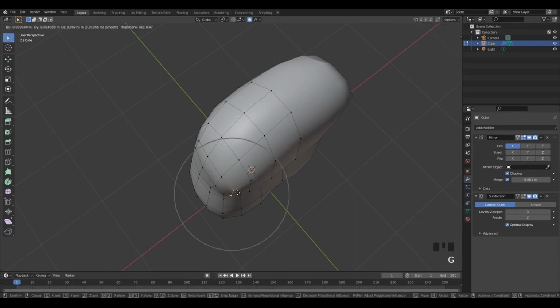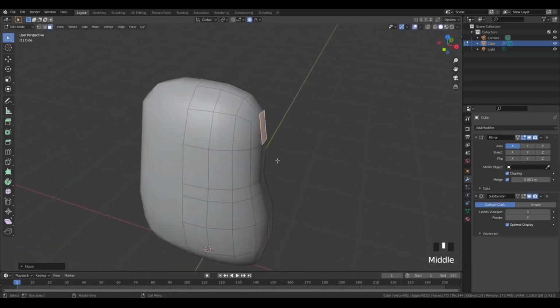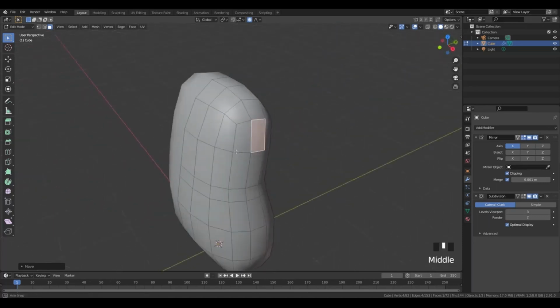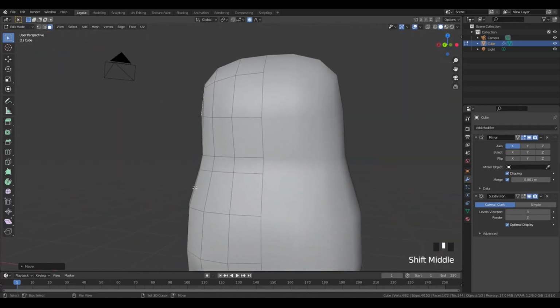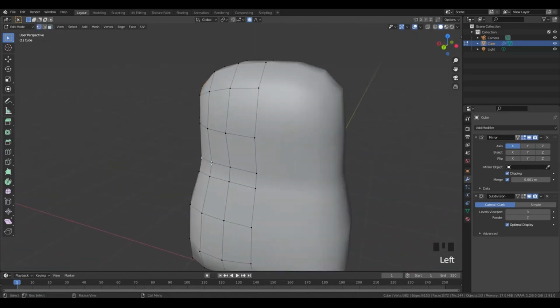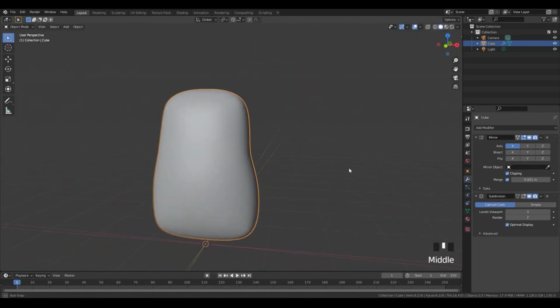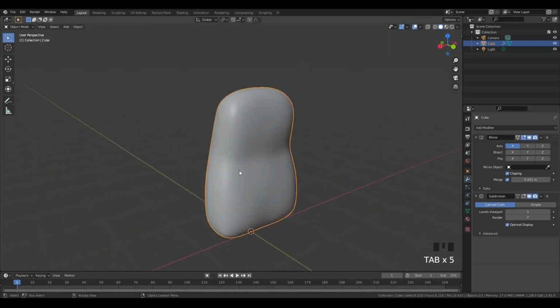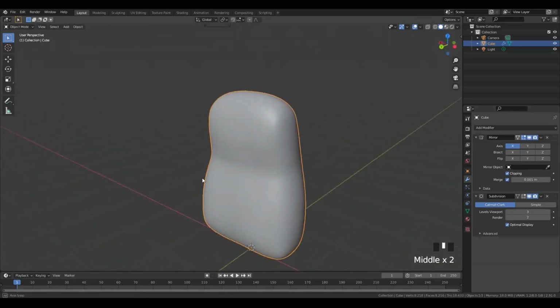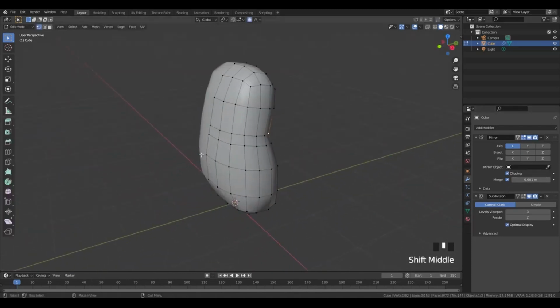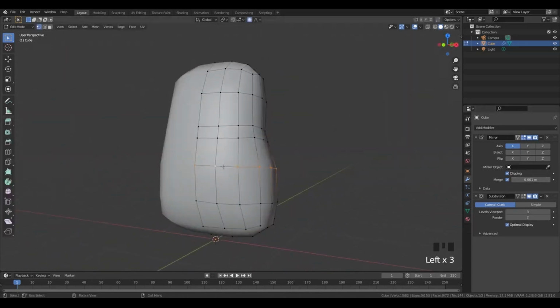So if you have a really bad topology, it's working well while being static, but when deforming it creates bad creases, or for instance, the eyes are not able to close, or the cheek is not working, or things like this, it's going to be very hard to rig and even not possible. So as you can see, I'm going along my model. I'm pressing tab often to see the result using the subdivision surface. I can see that here I would like